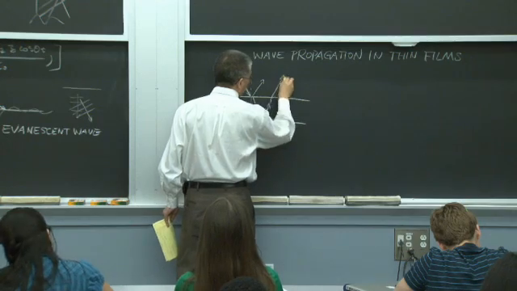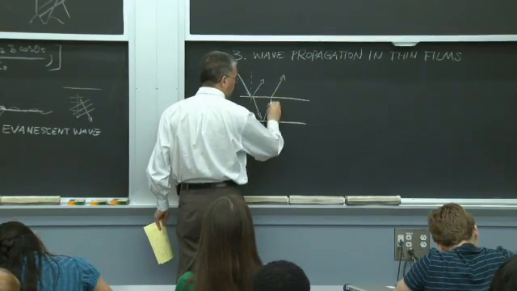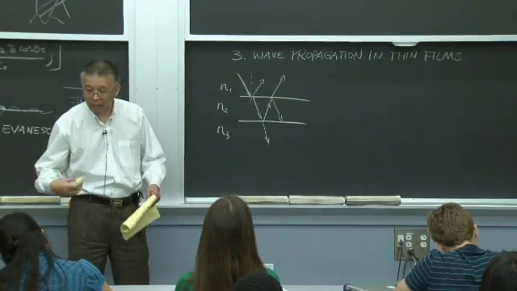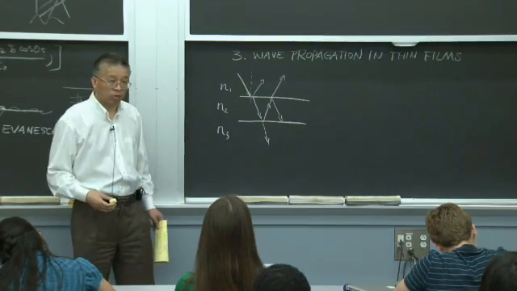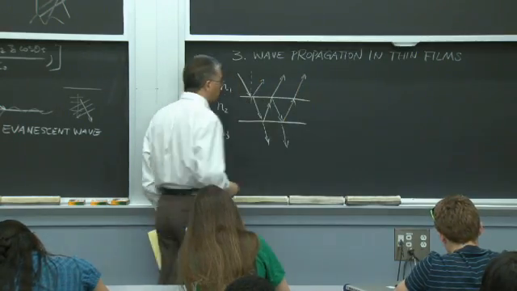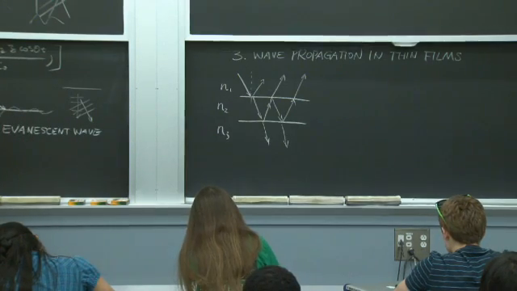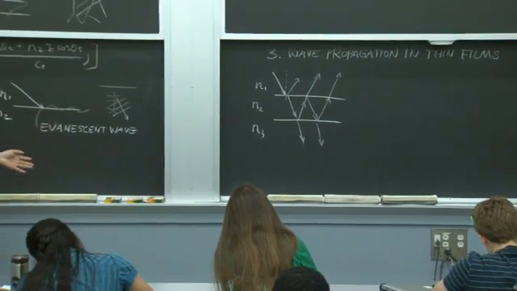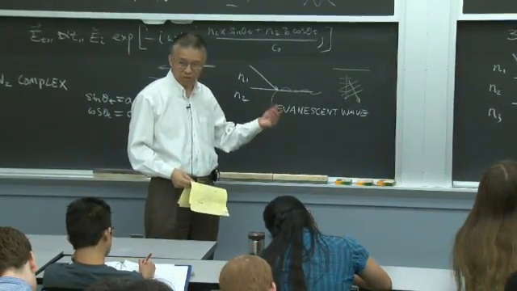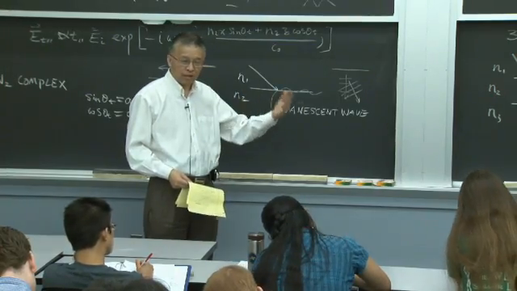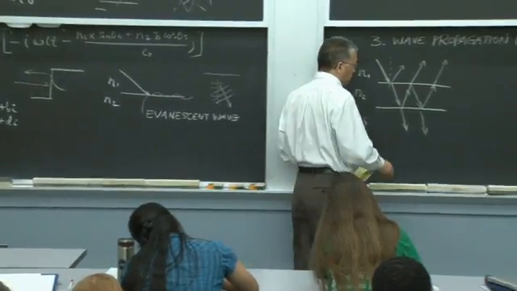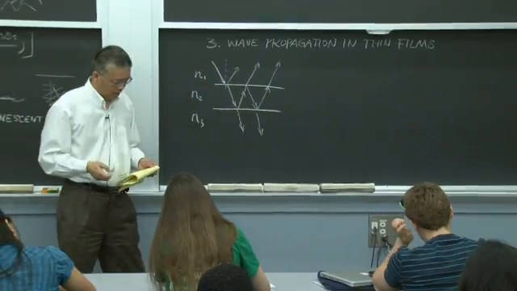And then I get, again, transmission from 2 to 1 and reflection. Every time I can use my Fresnel formula plus the propagating phase factor to trace the transmission and reflection, and that's one way to do it. You add up the field using the Fresnel formula, but it's pretty tedious. You can say it's an infinite series because in theory there is an infinite number of reflections and transmissions. You trace the field,